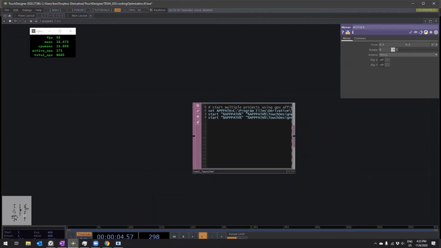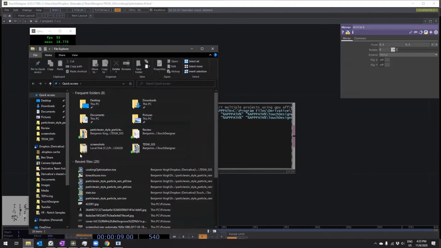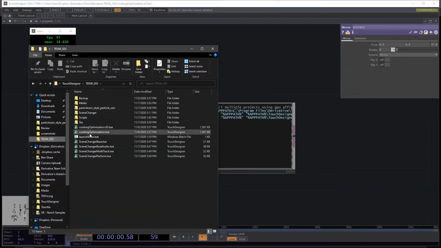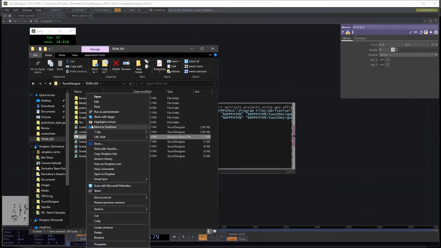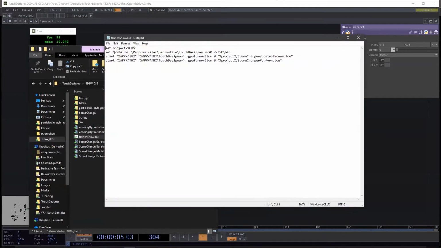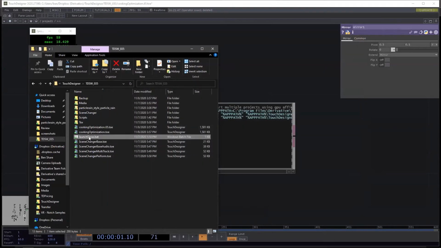But for example, I have created in here this launch show, and I'll just open it and edit it. Here I'm going to use TouchDesigner 2020.27390, and I only have one GPU, so they're both running on GPU 0, and I'll open a control scene and the SceneChanger perform, which we're going to go into in the next section of this workshop. So if I launch that,